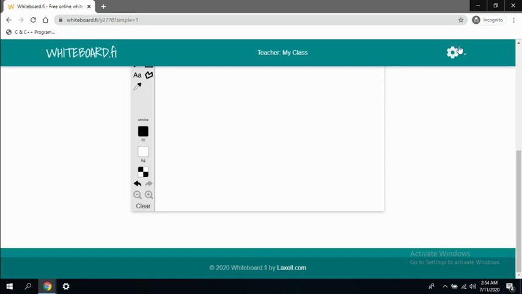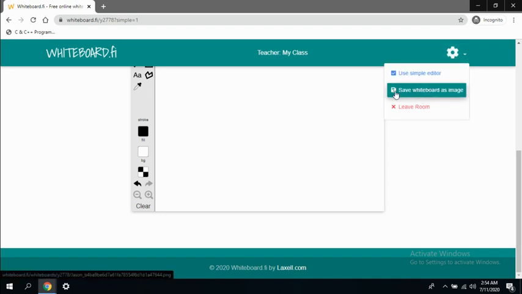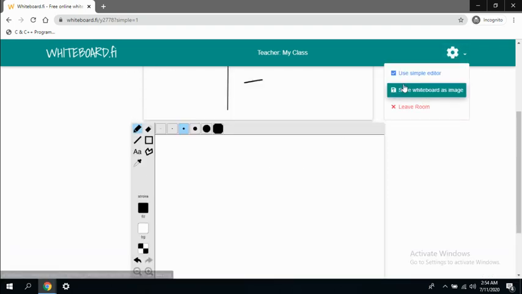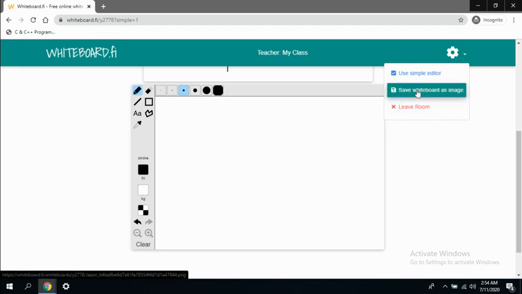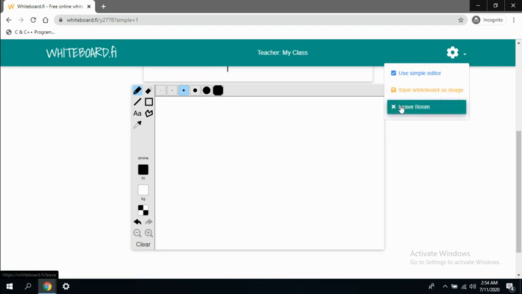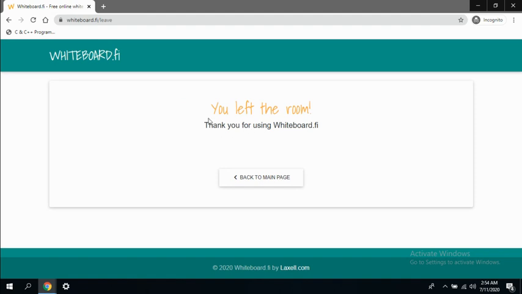All right. The next option we have is save whiteboard as image. Again, the same option that was available with the teacher is now available with the student. The student can also save the whiteboard as an image by clicking on this. And the last one is leave room. If the student is not interested in the class or for some other reasons, he or she can leave the class by clicking on this leave room. So when I click the leave room, it says you have left the room, thank you for using